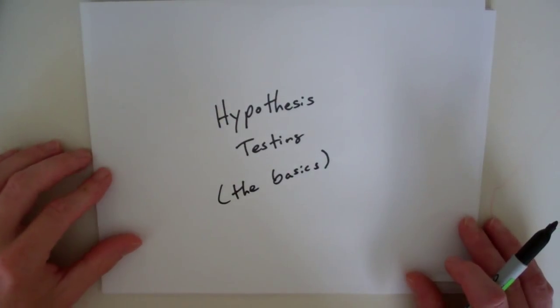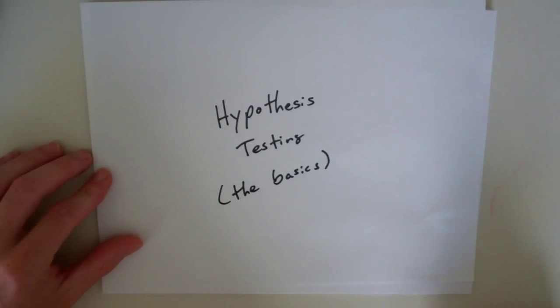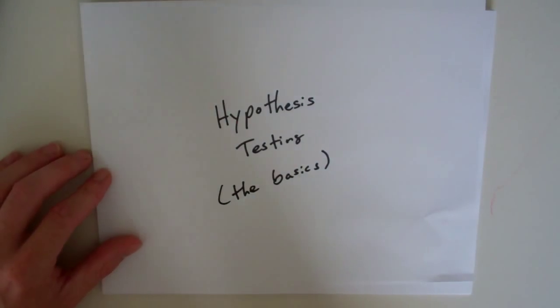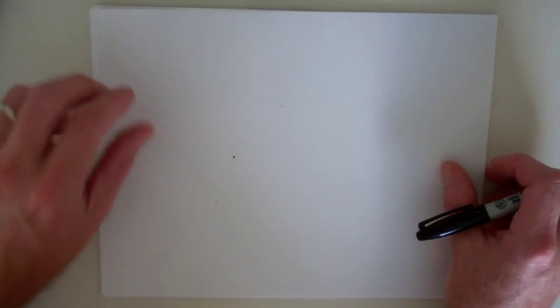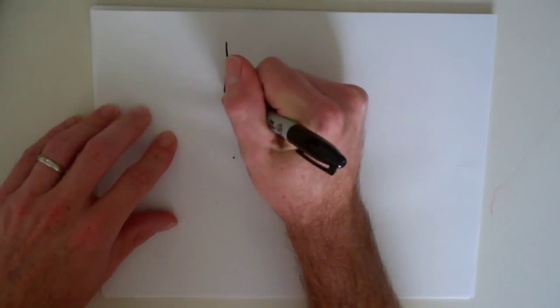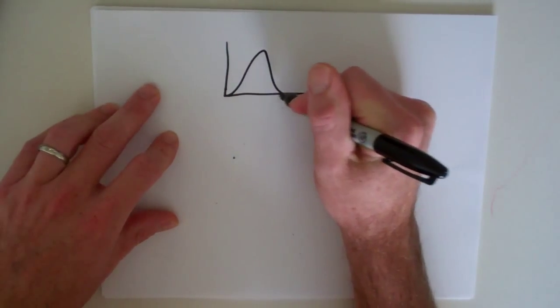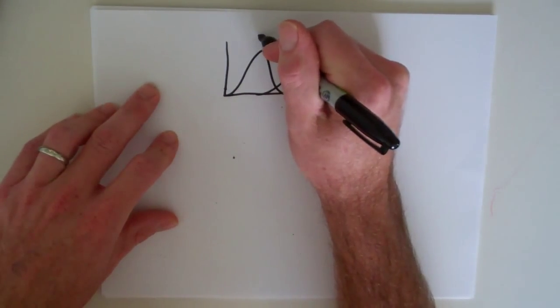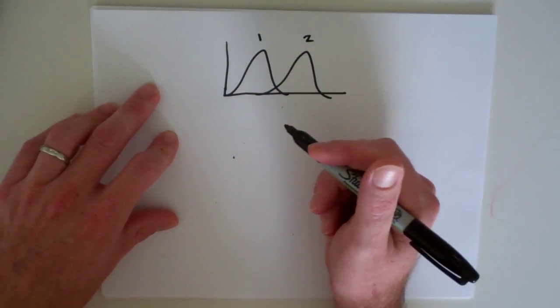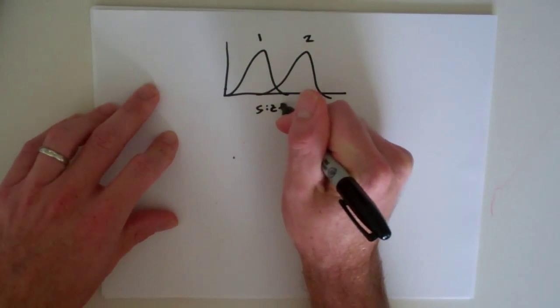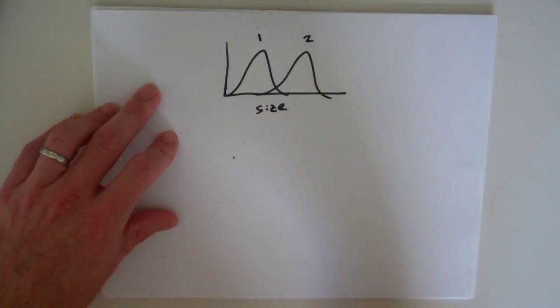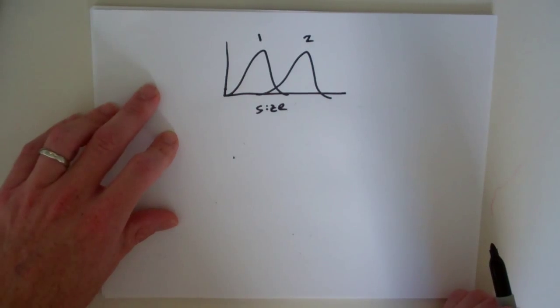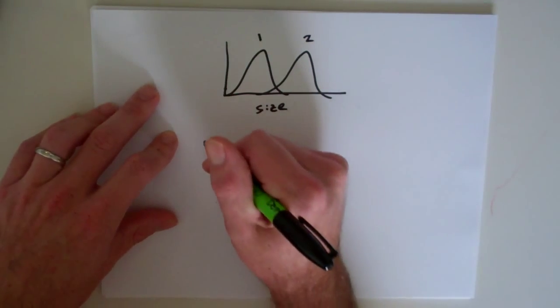Okay, this video is a quick introduction to how hypothesis testing works in science. So, to start off with, in a hypothesis test, you need a hypothesis. So let's just take a simple example where you're comparing groups, and this is group 1 and this is group 2, and say we're comparing body size. You've gone out and observed these two groups and said, I observed that they seem to differ in their average body size. And I'm going to hypothesize then